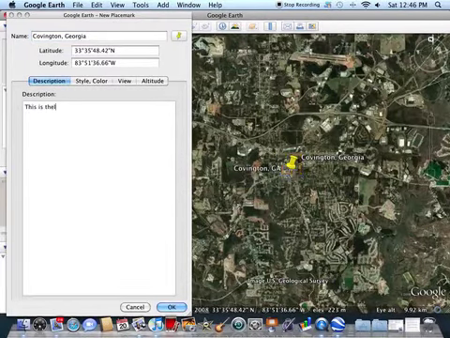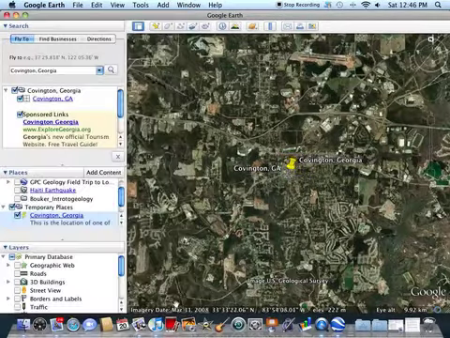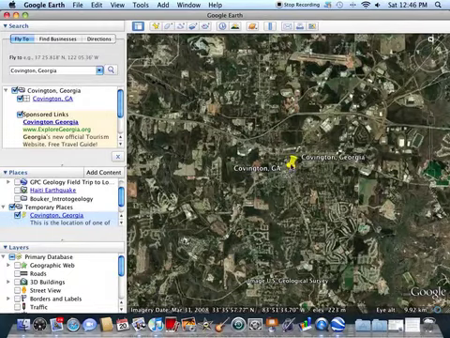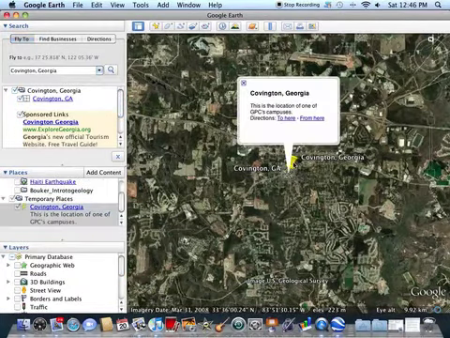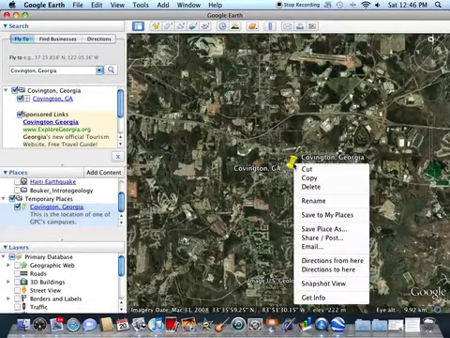This is the location of one of GPC's campuses. Okay, so now I have a place mark. So if I come over here and I click on the thumbtack, that information pops up in my place mark. Now if I right click on the place mark, I get this window open,